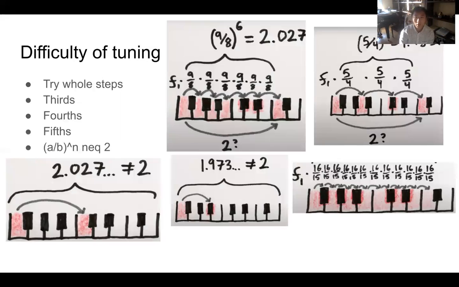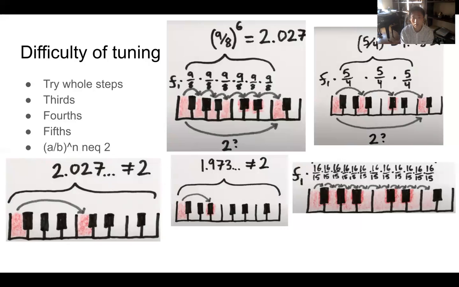The superparticular ratios that comprise the harmonic series are embedded in musical tuning. Historically, the art of tuning a piano ran into many difficulties that needed creative solutions because the piano has too many strings, a string for each of the 12 semitones of the musical scale times 7 because there are 7 octaves. If we wanted to tune the piano using perfect harmonics, we could first try using whole steps in the